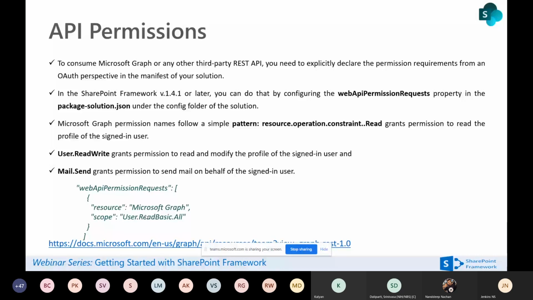This pattern, all the permissions look like user, that's the resource, then the operation, and all the constraints, where you want to set the scope. The resource is always Microsoft Graph whenever you are using Microsoft Graph. If you go for a different thing, for example Azure AD, using AAD, then you can use that different name, because of that we get different permissions. Whenever you are using Azure AD, you can get a permission value. The resource you create, you can mention that resource, and you can give the permission scope, whatever you want.